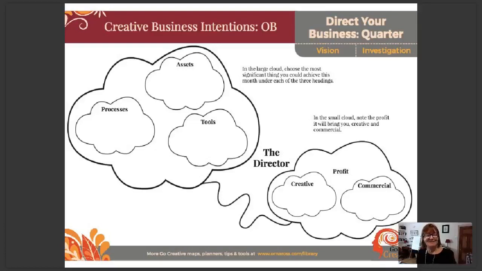Anyway, moving swiftly along. So yeah, thinking about those three, assets, processes, tools, but not in terms of, oh, I could do this, I could do that, because in this business that we're all in, in this crazy world, there are so many things we could do. It's never about opportunity now. It's never about potential to do things. We're in this abundance culture where there's 100,000 things you could do. What I want you to do is to isolate the one big thing you could do over the next 12 weeks that would deliver the most creative and commercial profit for your business. So think in terms of profits.